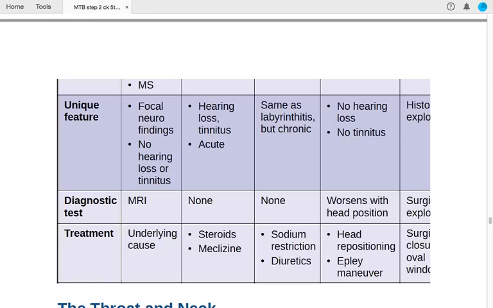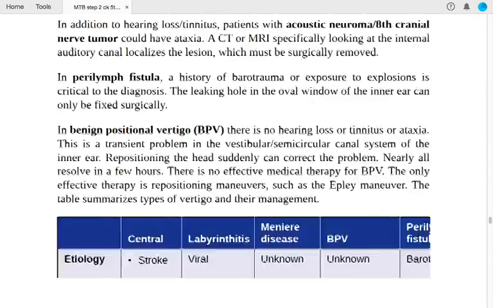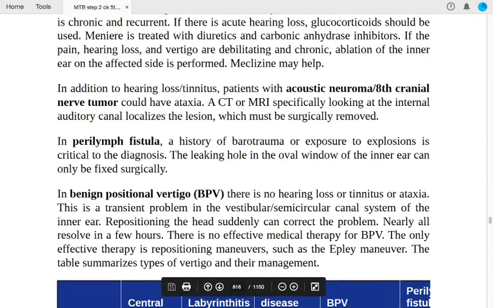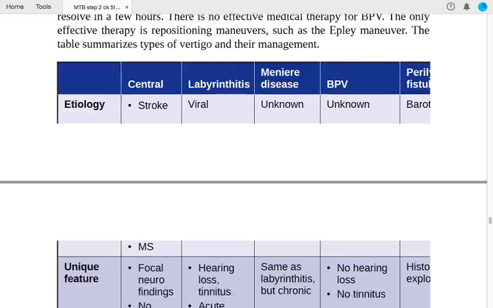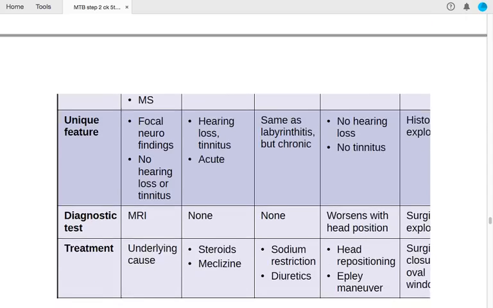All right. Then we have this. We already have covered this here, right? Exposure to explosion, the leaking hole, so that will be fixed surgically. So only the surgical option is here in the case of perilymph fistula. Now for the treatment option,